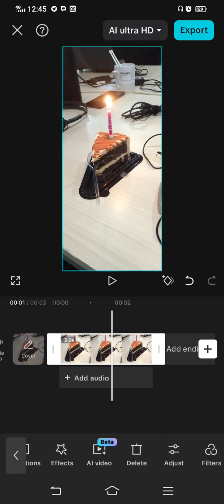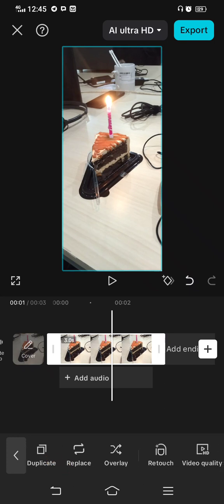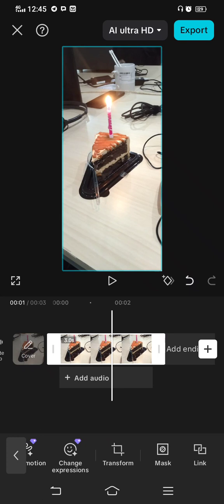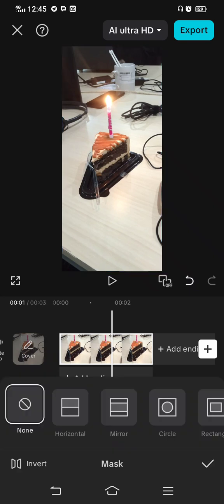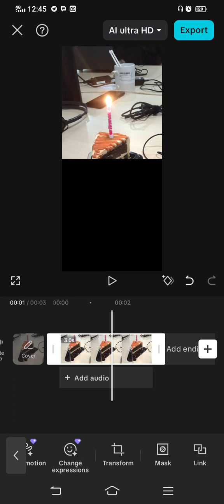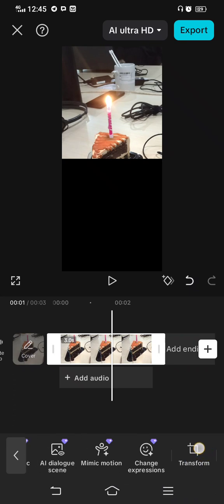After I click that clip or this picture, I will slide the menu until I find the mask here. Then I will choose horizontal and apply it. And after that I will duplicate this picture,